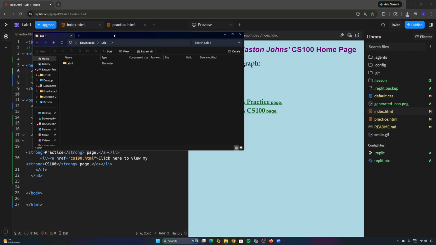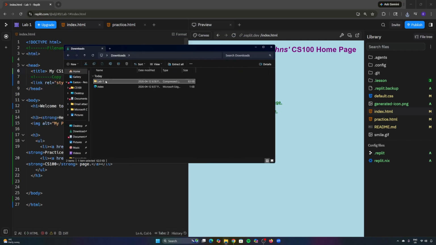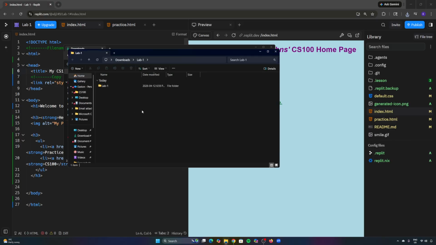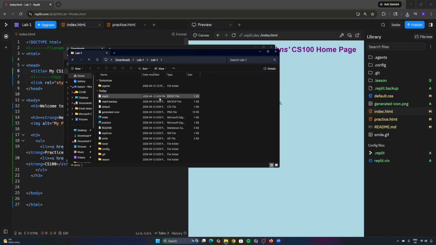If I go to my downloads, you can see I have my lab 1, that is a compressed zipped folder. These will be the types of folders that you will submit for the checkpoints and assignments. They always want them to be in a .zip folder. So if I wanted to view my information in here, I can click extract all. So I'll uncompress that file, I'll open up lab 1, and here you can see all the files that I